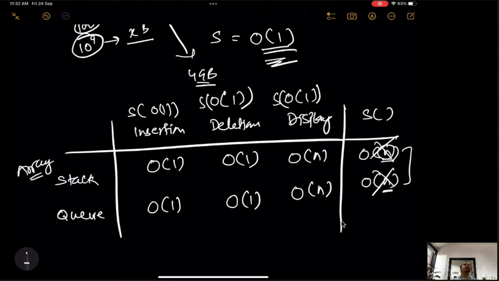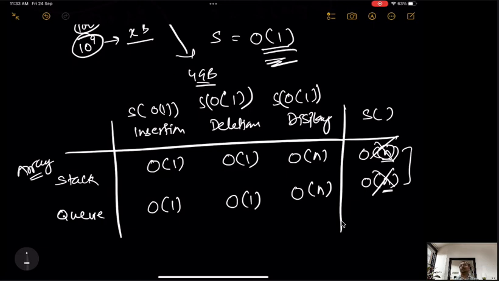It will be big O of 1 only, because for maintaining a stack of size n or a queue of size n, I am not going to use any extra space. The space which I am using was only the original one. If I am using extra, then space complexity will become big O of n or n log n or something else. Generally, most algorithms either use constant space or require big O of n space complexity. Generally, algorithms do not require n log n space. So space complexity generally doesn't go to log n.